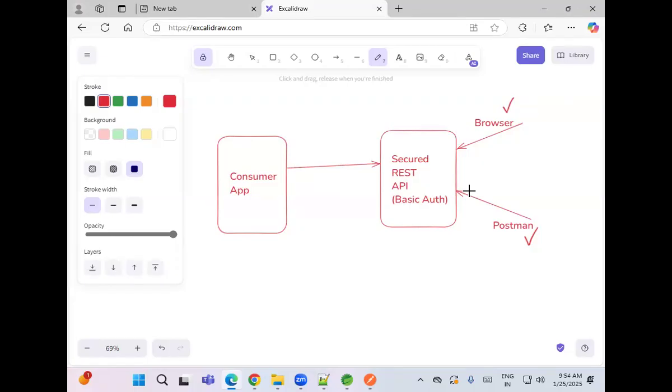Now the question: how to send a header in the request programmatically? Tomorrow you may get a task in the company. You need to develop a consumer application that is going to access a third party REST API. That third party REST API is secured. So if you want to access that REST API from your consumer application, you need to send a request along with the header. What do you need to send in the header? Key is authorization, value is basic space,